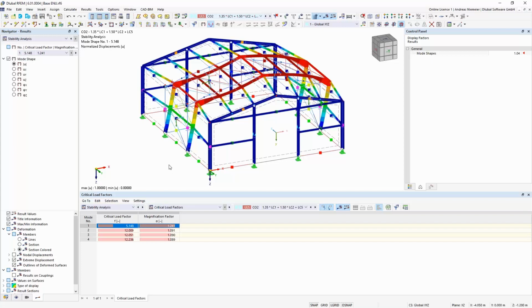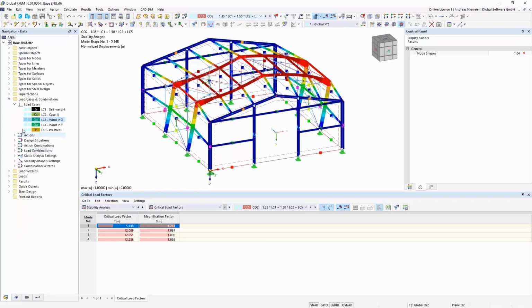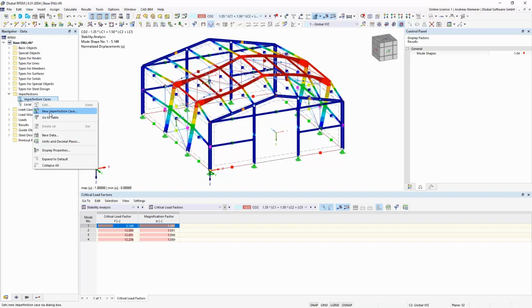And this is the keyword, so we have to define some imperfections for this, and therefore I go to the base navigator and open the imperfections between the topology data and the load data. And imperfections are now ruled in RFEM 6 not with load cases but with imperfection cases, something similar to load cases.